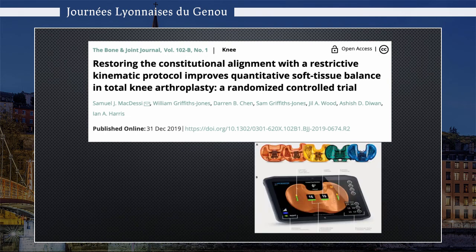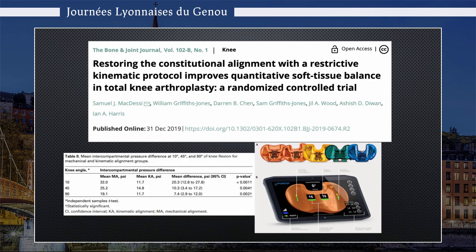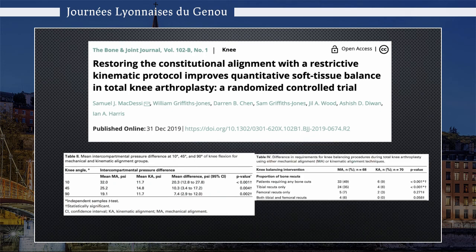They used OrthoSensor's VariSense to look at intercompartmental pressure differences between the medial and lateral compartments. And they showed that these kinematically aligned knees using the AHKA had a markedly reduced pressure differential between the two compartments. That is, the knee was more often balanced, and that was through the entire range, most notably in extension. And if you were going to then balance these unbalanced mechanically aligned knees, they required bony recuts in 49% of them to achieve that pressure differential less than 15 psi. That is quite significant.